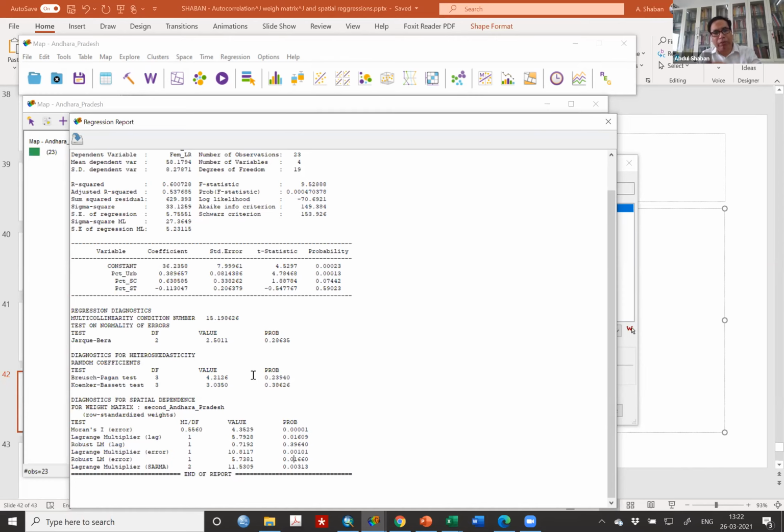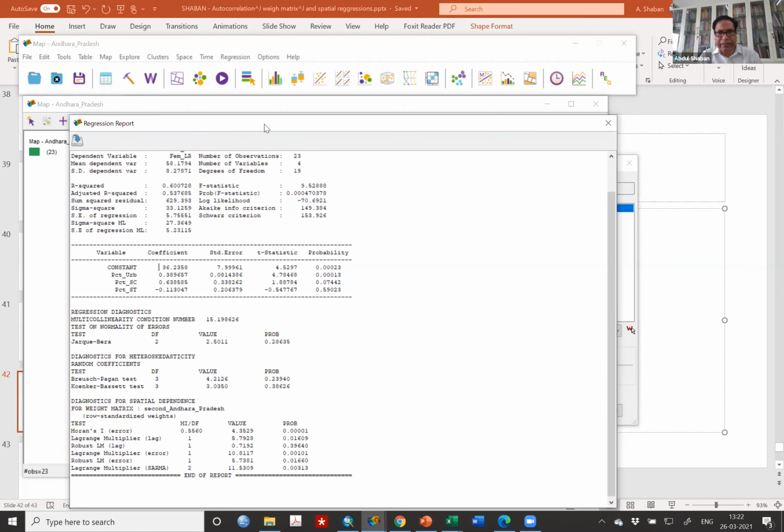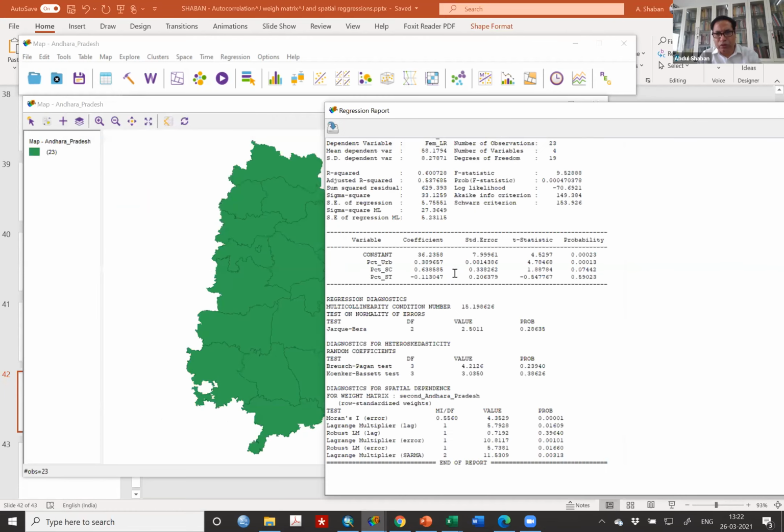The model has to be improved upon. Percentage of urban population was showing that a 1% rise in urban population will lead to a rise in the female literacy rate of 0.38%. That is what this model is showing.